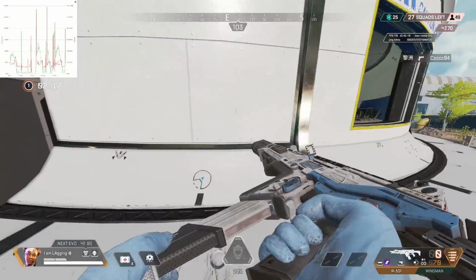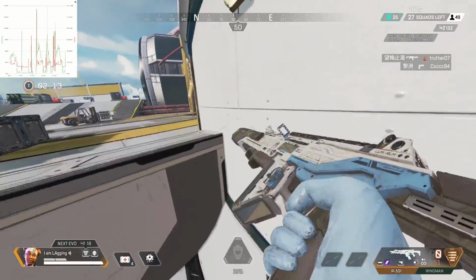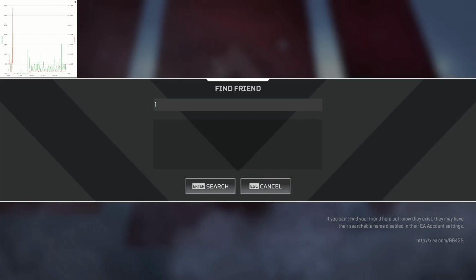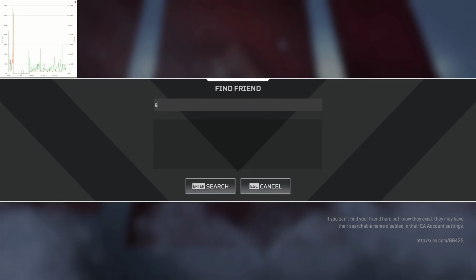No lag. None. How can the stuttering suddenly just disappear? You see what I mean? Now, at this point, I don't know exactly what is happening behind the scenes, but it's time to just completely